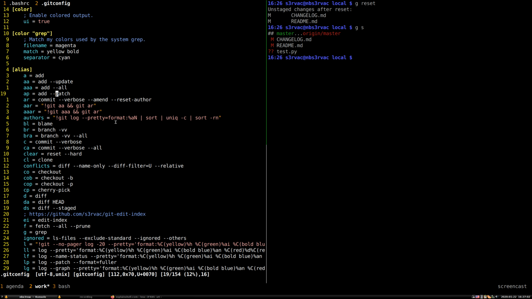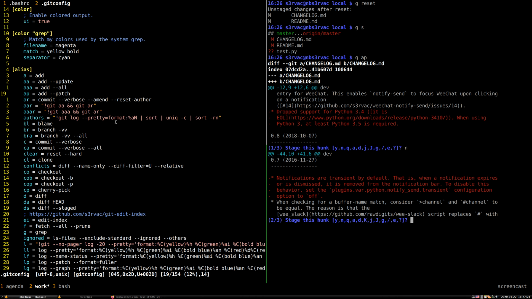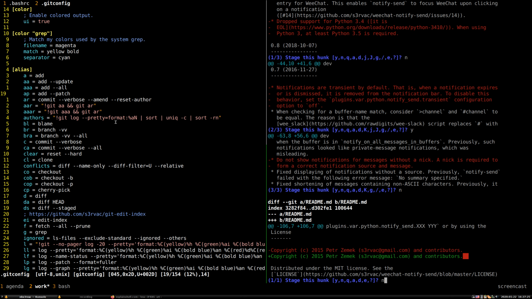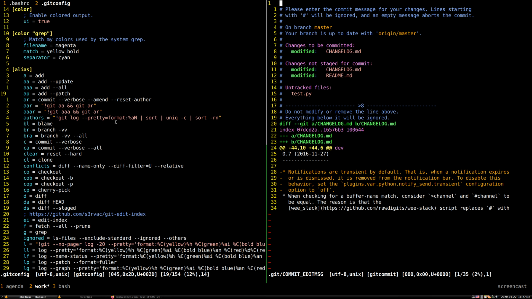Add patch, that's very, very useful. Several git commands have the patch flag or parameter, and it allows you to partially stage a file. So git will ask you, is this the change that you would like to stage? For example, no. Is this the change you would like to stage? Yes, it is. No, no. So as you can see here, the file was partially staged, and if you commit it, you can commit just